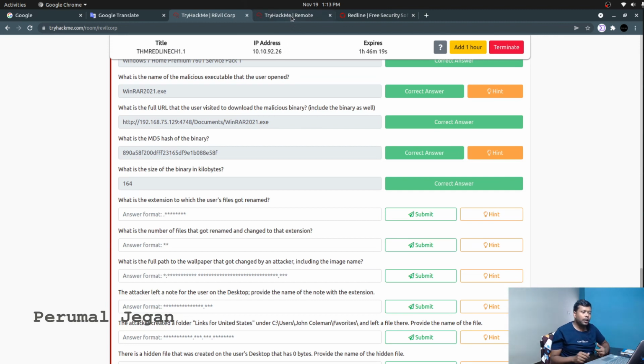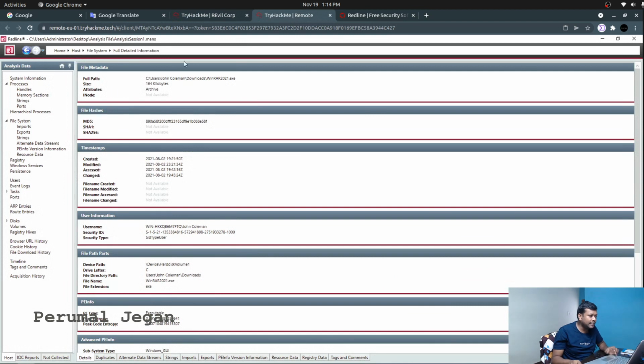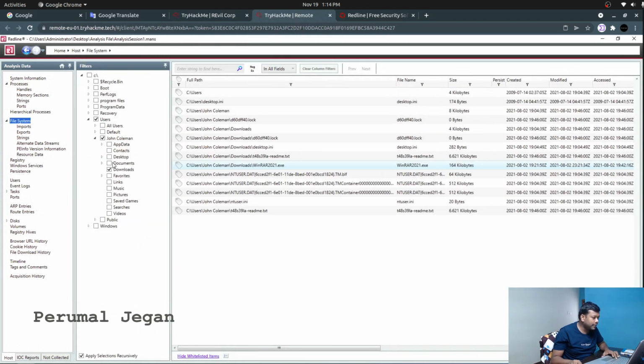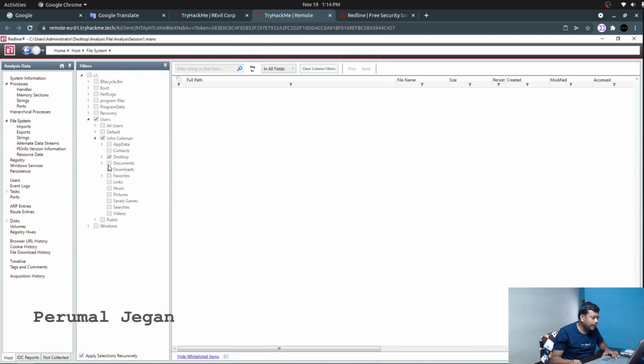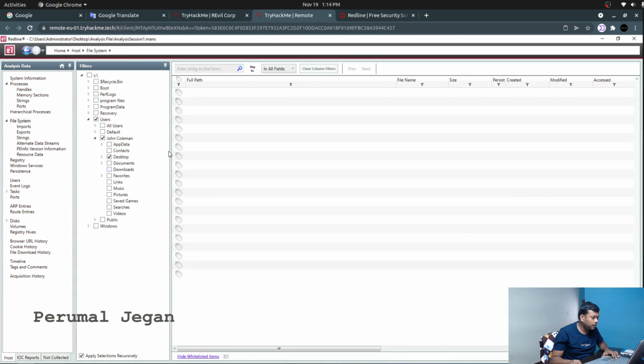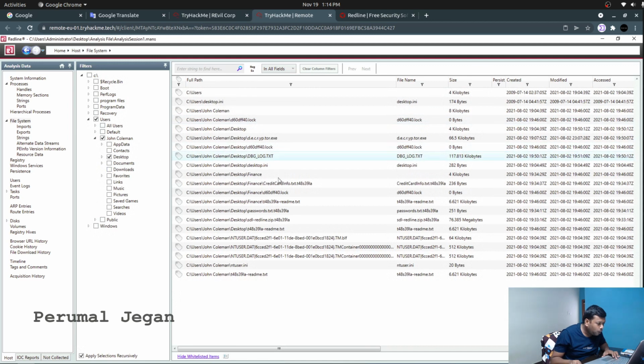When a ransomware infects a certain system, it will encrypt those files and change the file extension to some random characters. So they're asking for those characters. Again, I'm going to file system. This time it is in desktop. In desktop, what is the file extension that we need to look for?